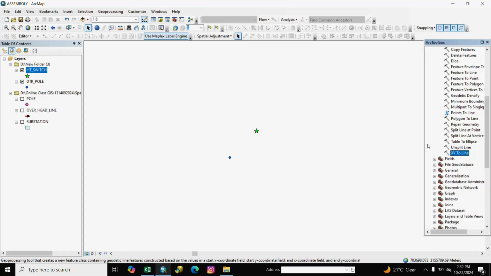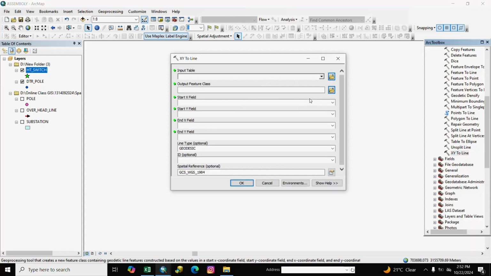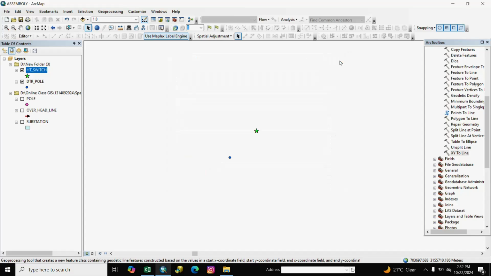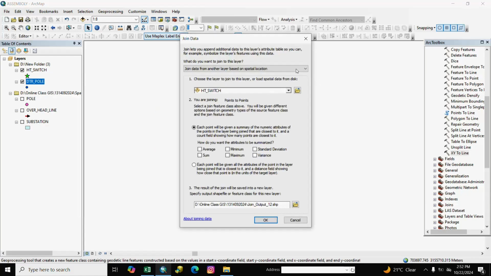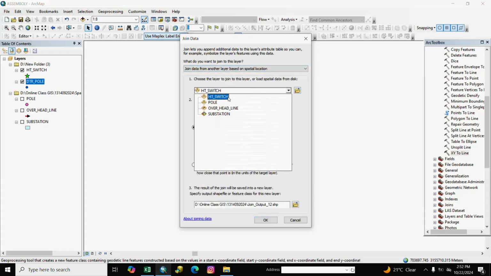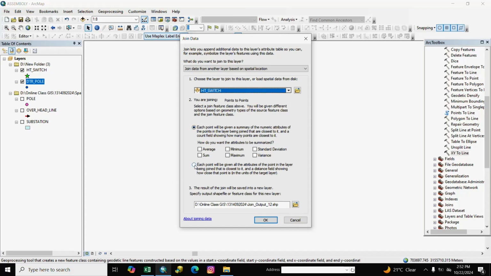We double click XY line and we select here and we join it, special join DTR pole to HT switch. We select here join data from another, we select here switch, and each point will be given all the attributes. We click here and OK.